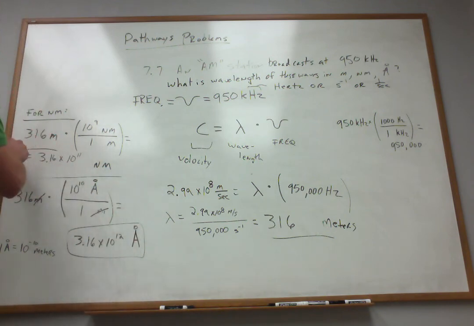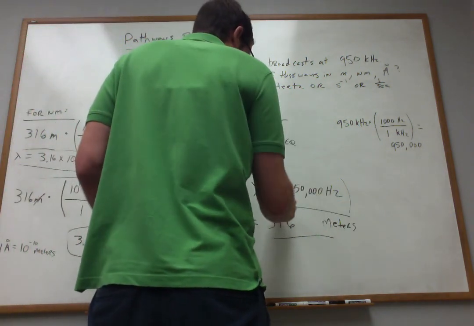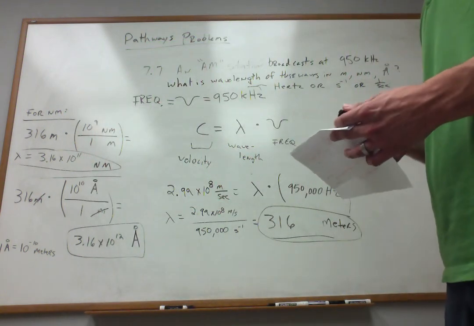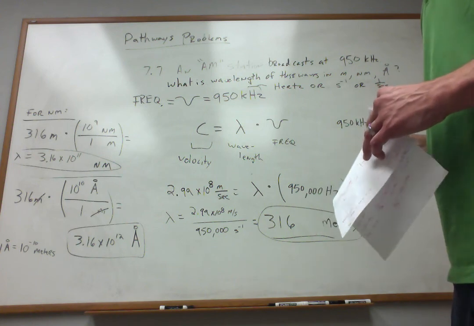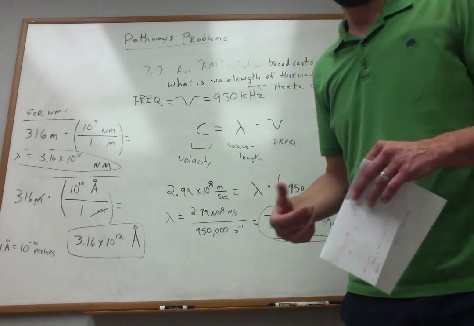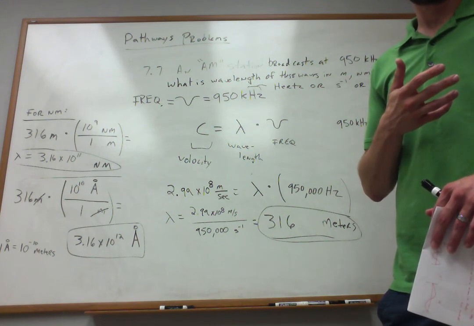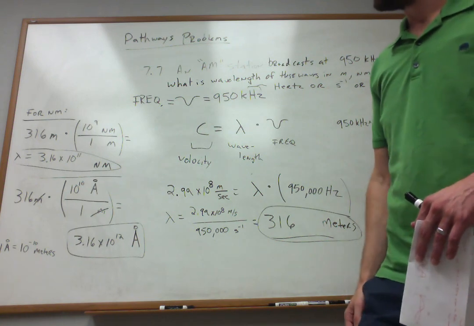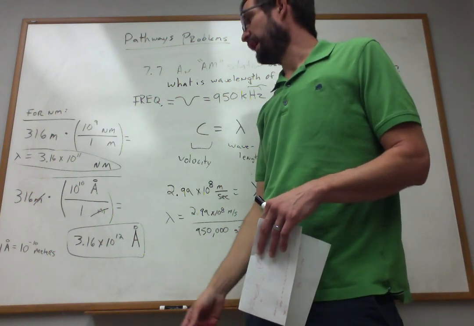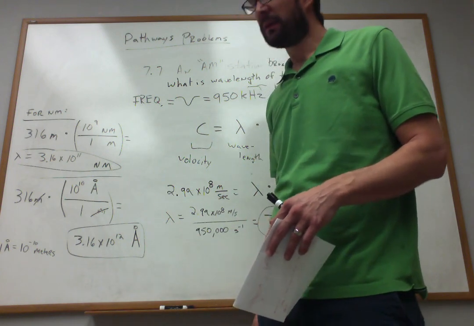So all these are correct ways to express the wavelength of this wave. 316 meters seems pretty convenient to me because you don't have this more complicated scientific notation. But I understand why your book asked you to convert to these. It's so that you could do it. You're going to have to do quite a bit of conversions, I think, in this chapter to nano units or maybe angstrom units. So they wanted you to remember early on in the question sets that this was the conversion factor for nano and this is the conversion factor for angstrom, to be introduced and reminded of that. Okay, so that's why they asked you to do